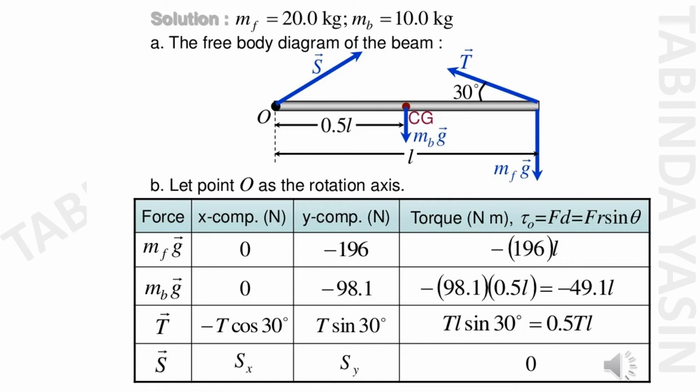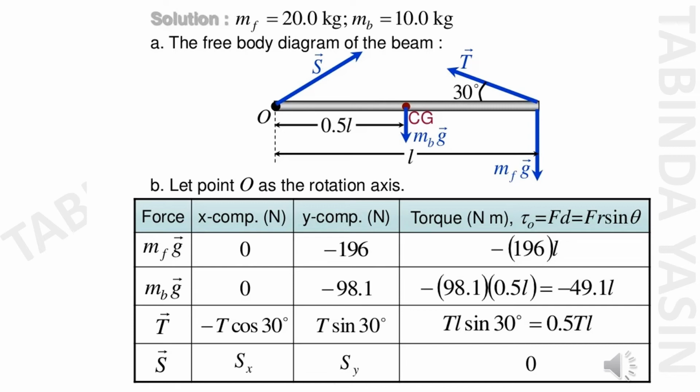We have MF is equal to 20 kg, MB is equal to 10 kg. The free body diagram is shown here. The length of the pole by which a light is attached, the length from the O to the center of gravity, that is 0.5 meter, and from O to the point S which is hanged,